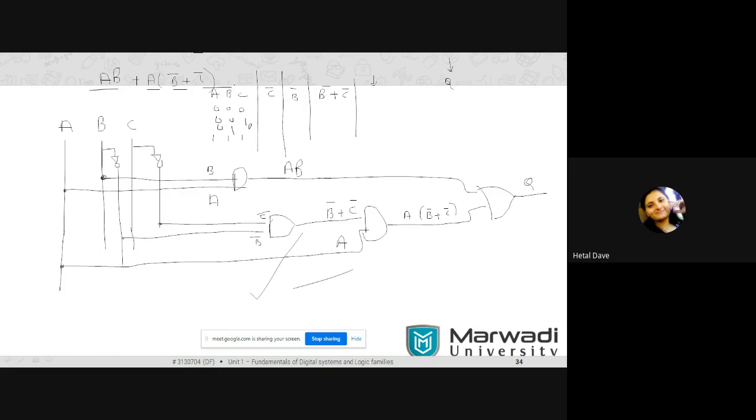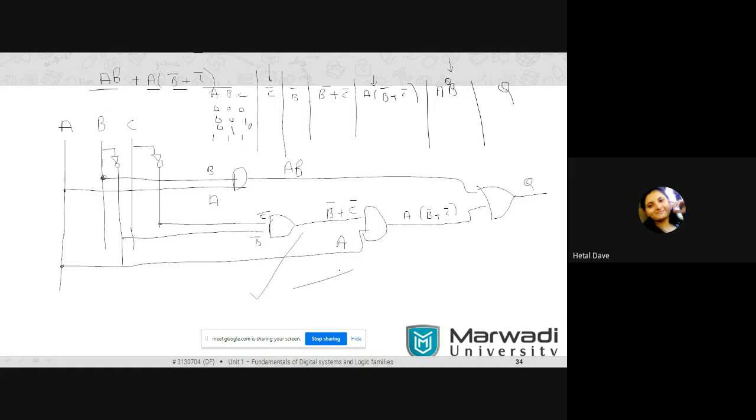Then you need to make the columns for C bar, B bar, and then the OR of both of these. Then you will make A and BC bar. I hope everyone knows how a truth table should be made. Then the next column will be A and B, and the last column will be Q.